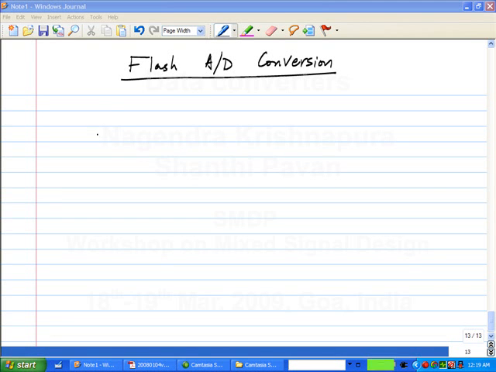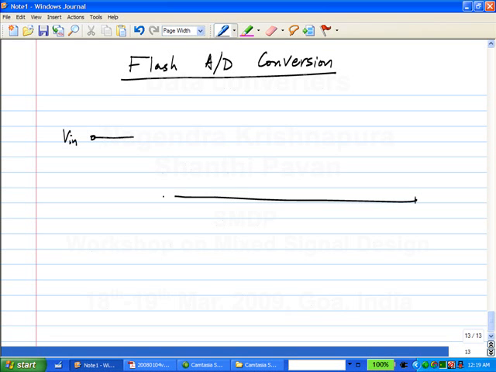So the basic idea therefore is to, you have the input here, right, and you are trying to divide this continuous time input into many bins, right. You want to classify the input as being in, so when we looked at the quantizer, the range of the quantizer was from minus Vref to plus Vref, and if there are n bits, what we are doing is we are trying to figure out, we are dividing this range into